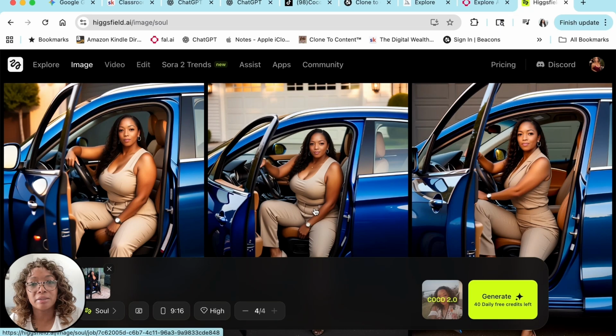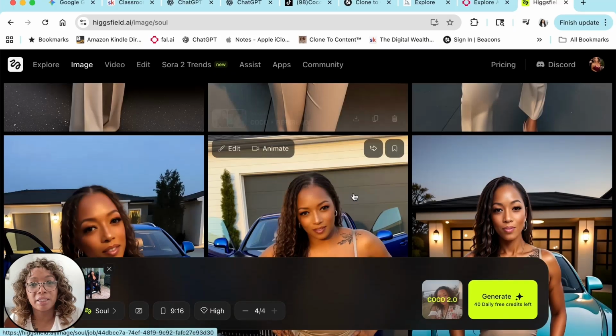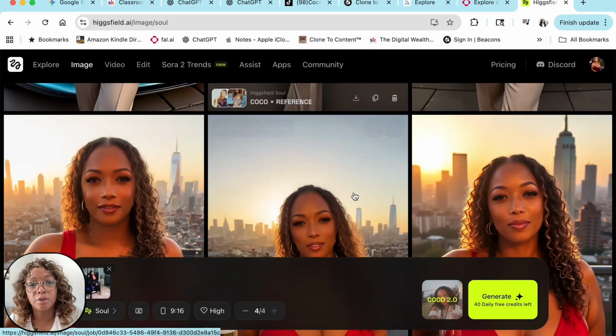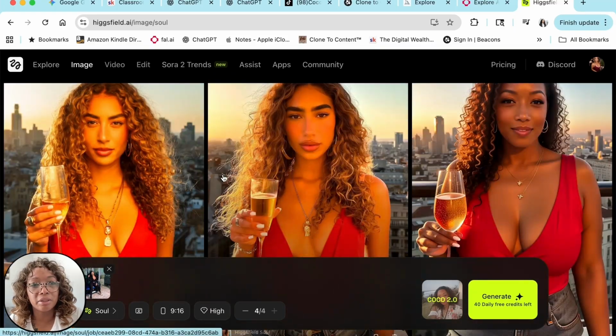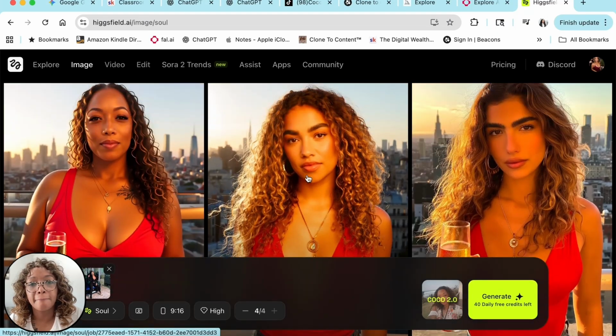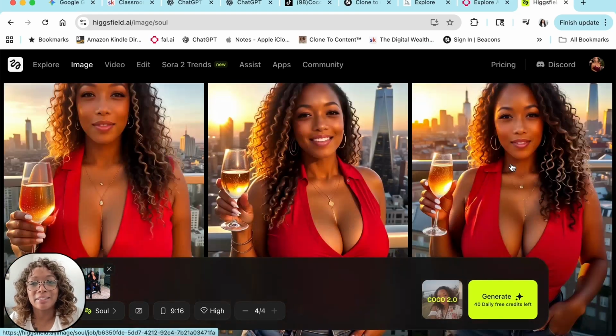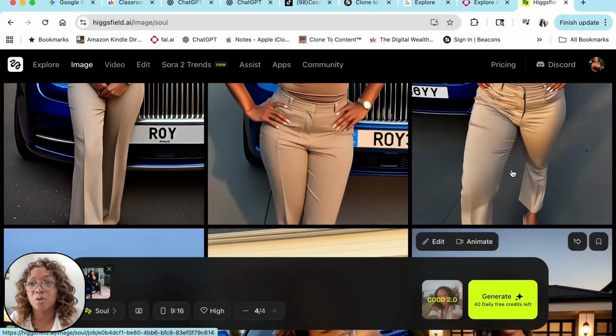Because sometimes I don't know why it makes me fat, and then sometimes it had me so skinny. I'm like, I am not that thin, but I just take and use the ones that look the best. And then see, some of these make me look like I'm mixed or white. I don't understand. Look, that definitely does not look anything like me. So you just have to play around with it. And that part, oh okay, I don't want to even show those because those were horrible.